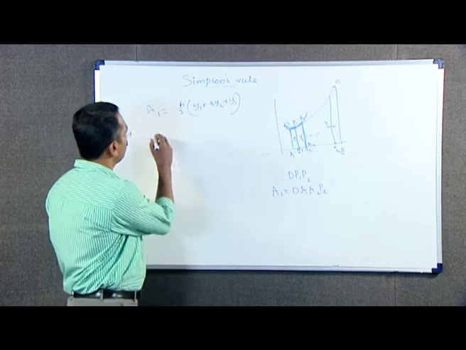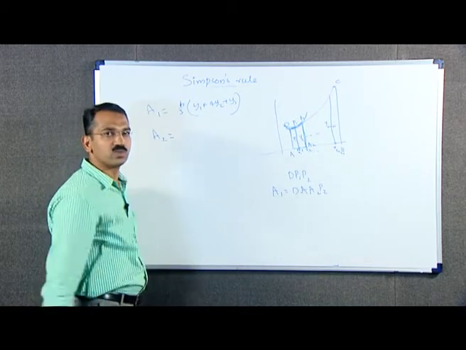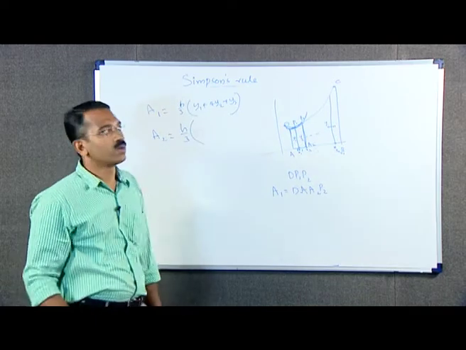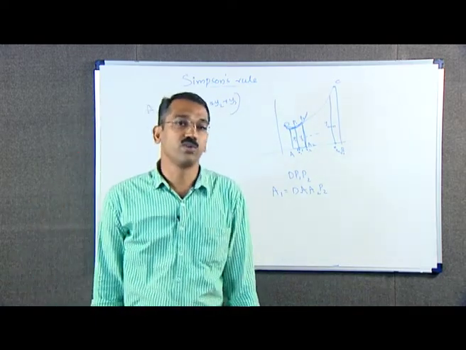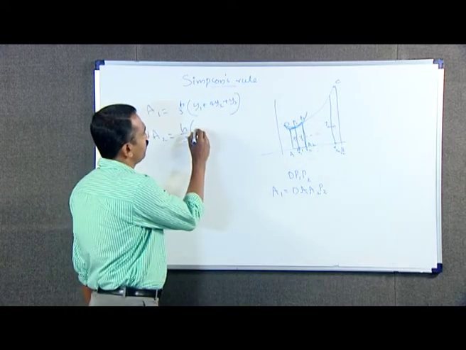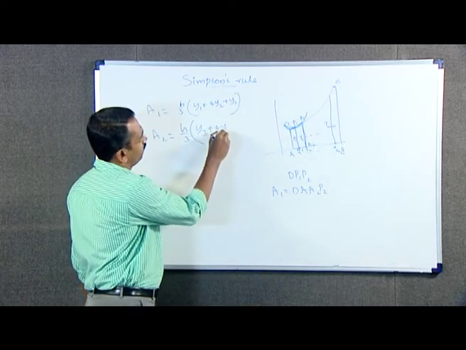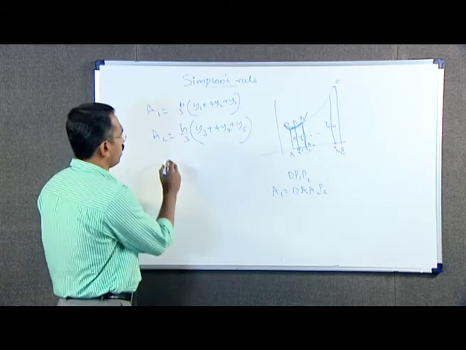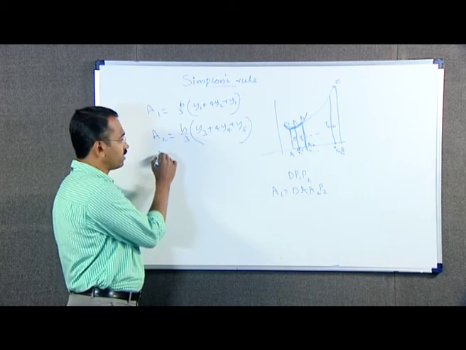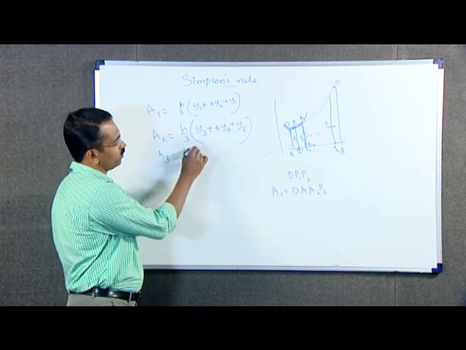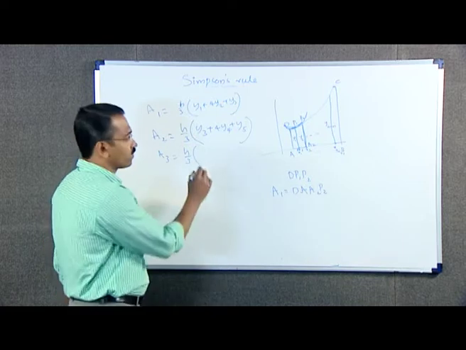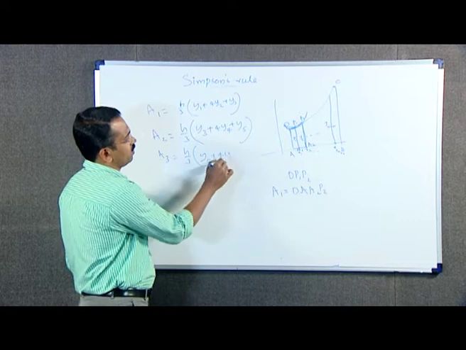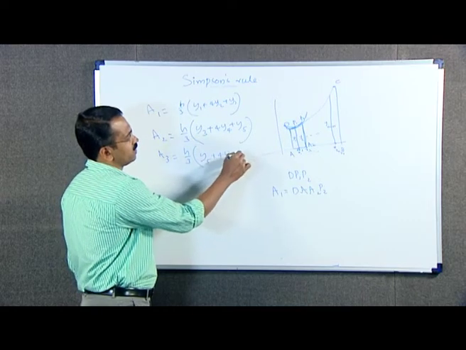We get A2 is equal to h by 3 into y3 plus 4 y4 plus y5. And A3 is equal to h by 3 into y5 plus 4 y6 plus y7